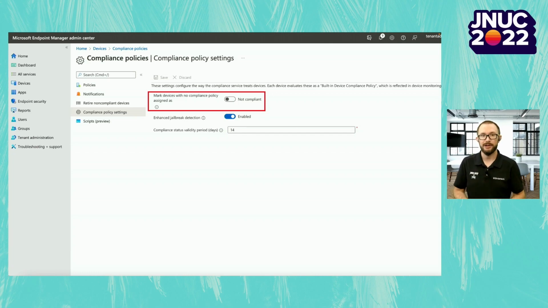And I would highly recommend you to configure it according to this screenshot, so that if a user isn't targeted by any compliance policy, all the devices that they log onto or try to access an application from should be considered as non-compliant. And the reason for this is that it ensures that mistakes in targeting do not negatively impact your security configuration.